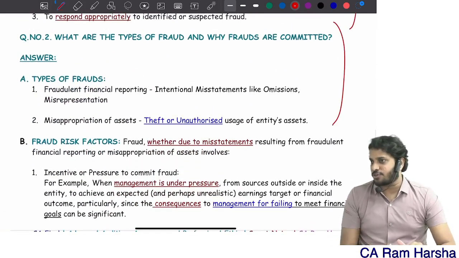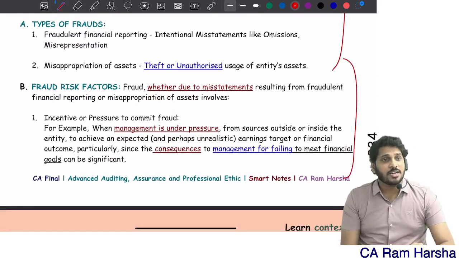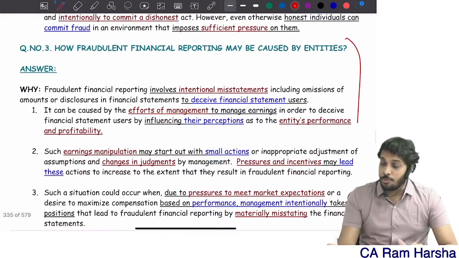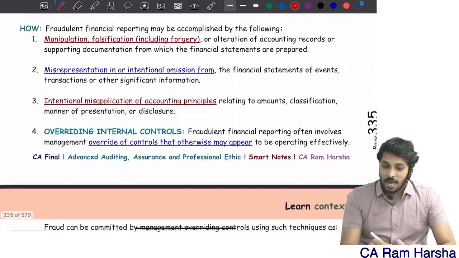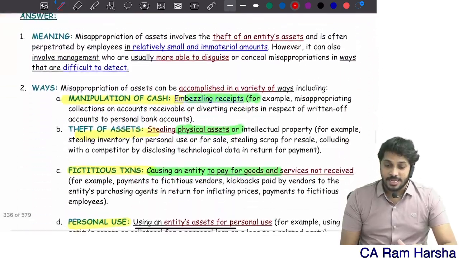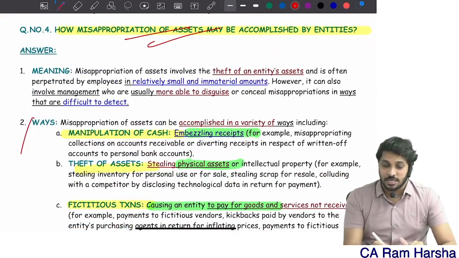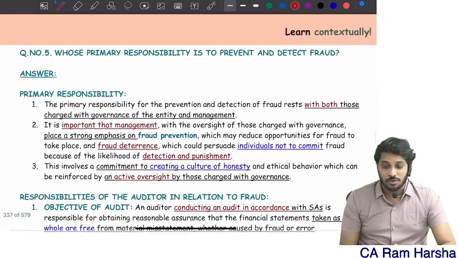How many types of frauds? Why are frauds committed? Risk factors. What do you mean by fraudulent? What do you mean by reporting fraud? Why is it committed? How is it committed? They are saying. Then they are explaining what is misappropriation and how it is committed. Yes or no? Then